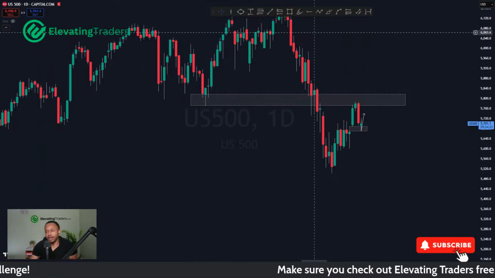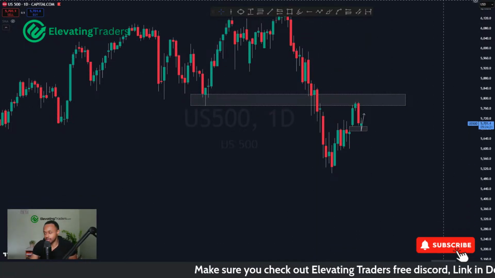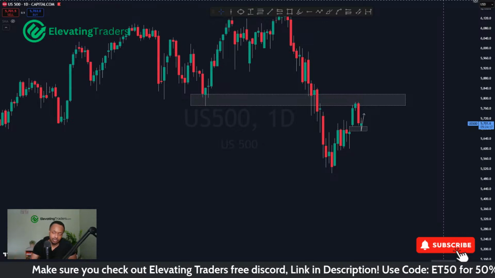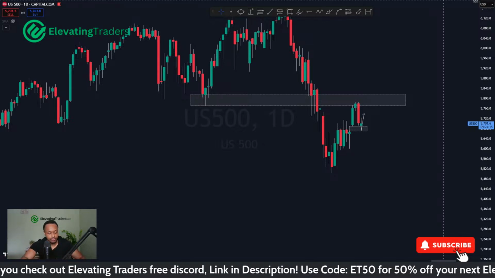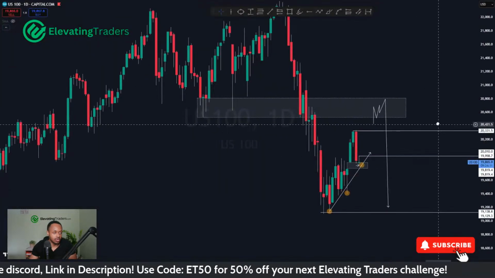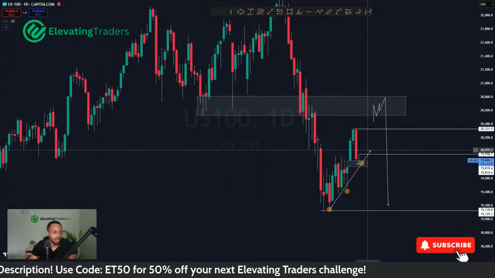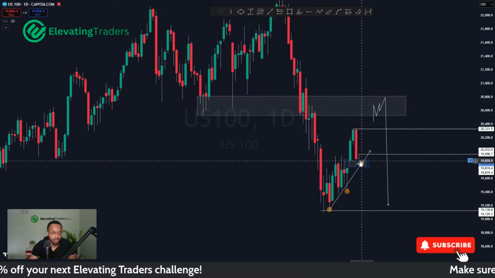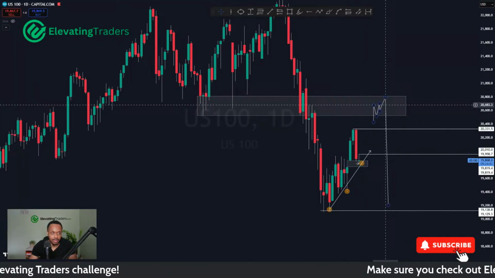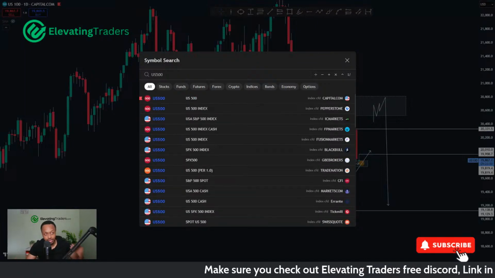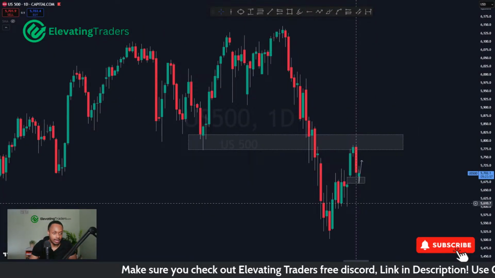So I would rather buy NAS, because NAS still hasn't tested that big level yet. So NAS, I would still have the expectation that price is likely to test that level. I'll quickly go to NAS so you can see what I'm talking about. So this level here, I still think price is likely to see a push there. So I like taking the buys, because my expectation is price is still going to pull back to test that area. Because S&P has already done that, the buys aren't looking as good.